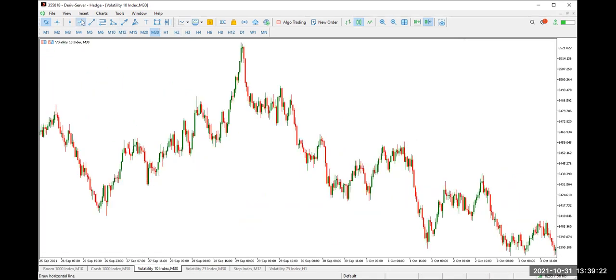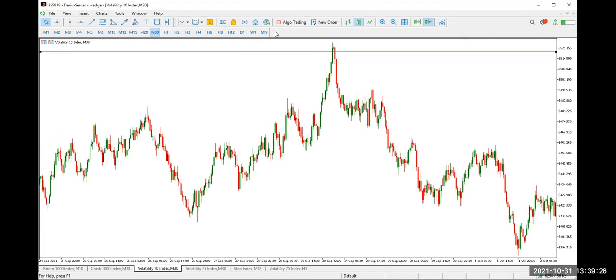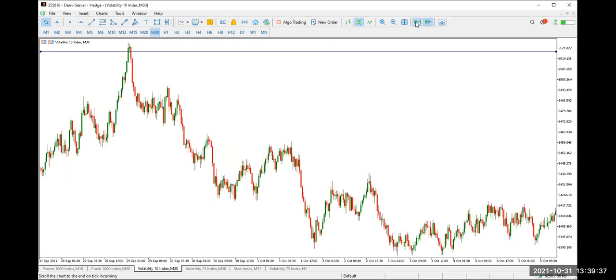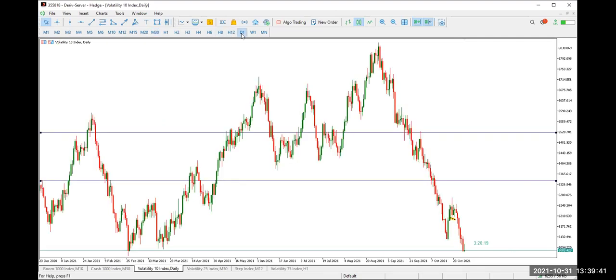See another one here too. Another supply zone, a rally, a base, a drop. So that is it. I think we are done here for today. So tomorrow, if God permits, we will talk about the